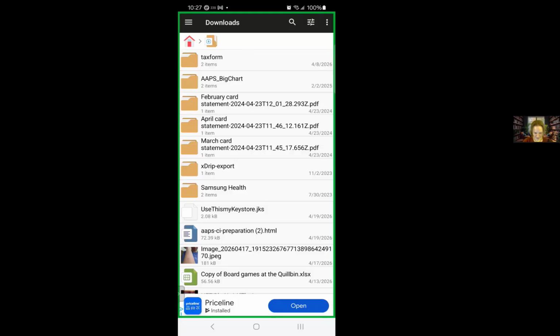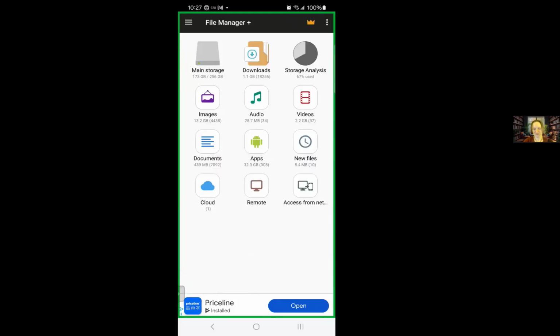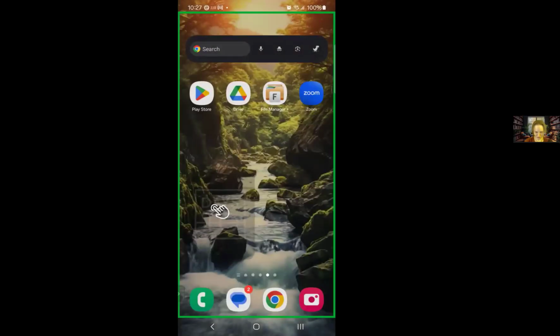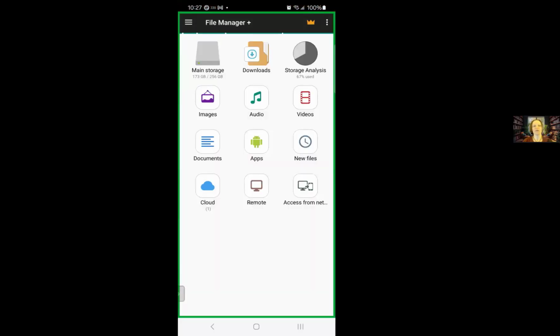Okay. And this is not what you're seeing. When you first open it, you'll go to Downloads. Mine was already open, so actually let me close mine and reopen it just because it times out if you leave it open for too long. So when you first open it, you should come to this screen, and you're going to click on Downloads